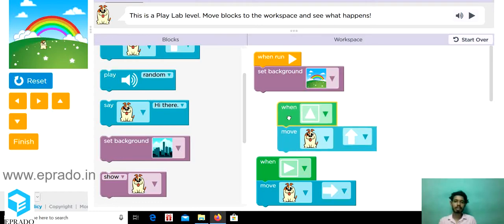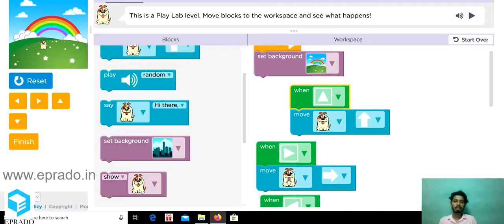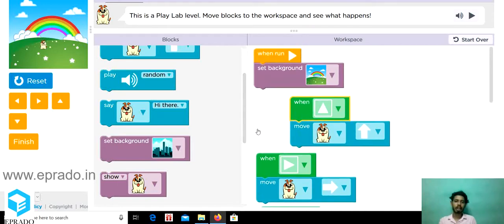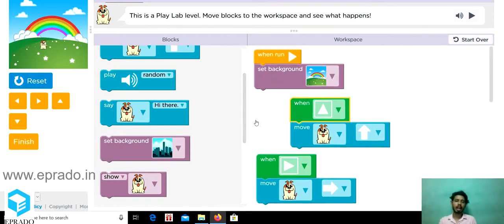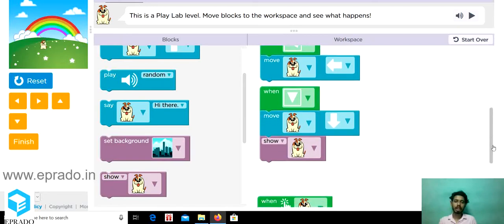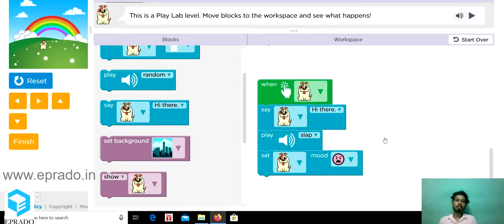So this block is independent. Similarly, each block is independent, and each block can perform according to the inputs provided. So it is not necessary to be connected with the blocks above. At any time, any key is pressed, and according to that key the robot can be moved. So this is the basics of programming, and it is the basic program to control a robot using a remote control.